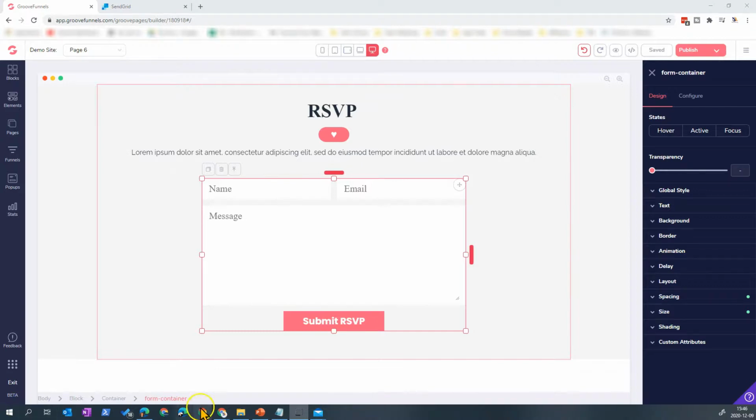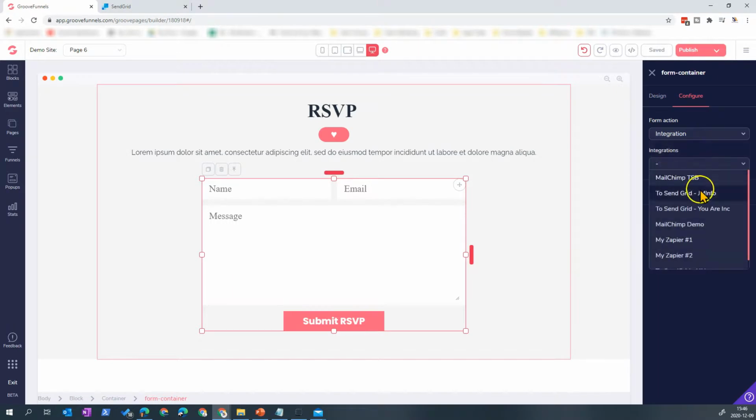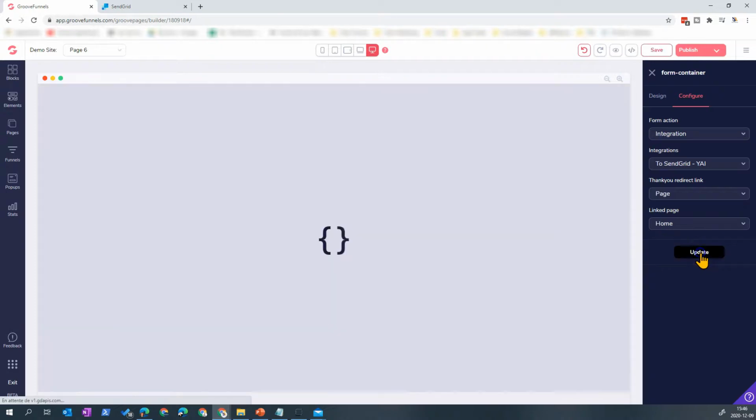Once the form is selected here, you can click configure, select integration, and select the integration that you created. So you will have basically one. I have multiple. So this one is the latest one. And you select where you want to redirect afterwards. So the home page. Say update.